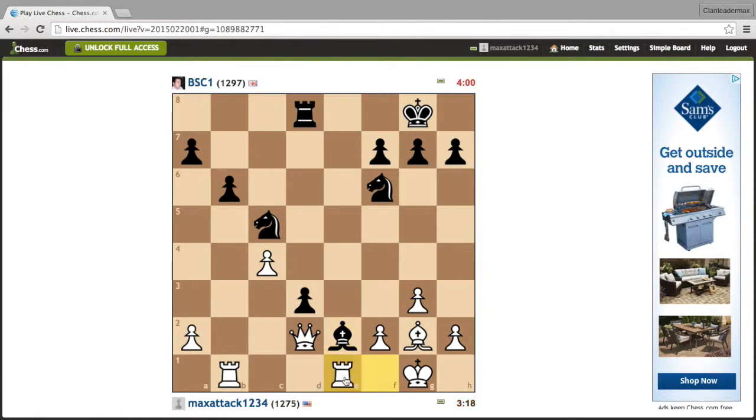What I'm planning on doing here is I can take his bishop with my rook, and then once he takes back with the pawn, I can checkmate him with my queen taking his rook. So that was the plan, kind of what I was going for. Obviously he attacked with his knight here, so I decided to take, and then what I did here was I